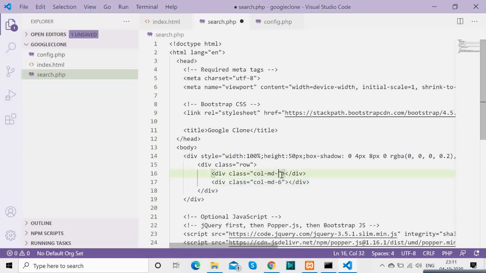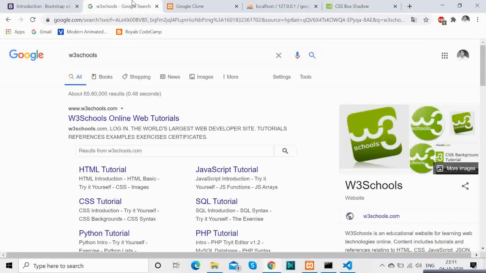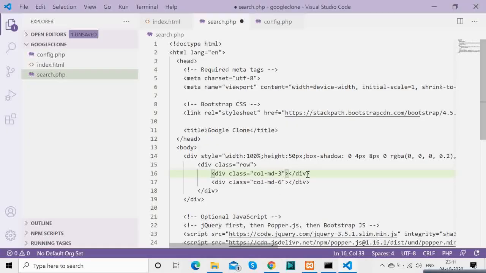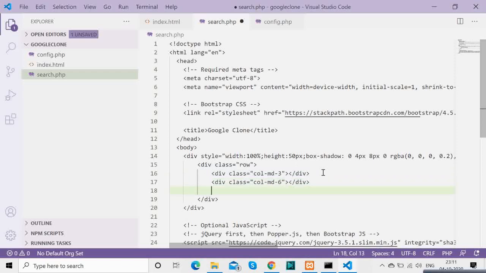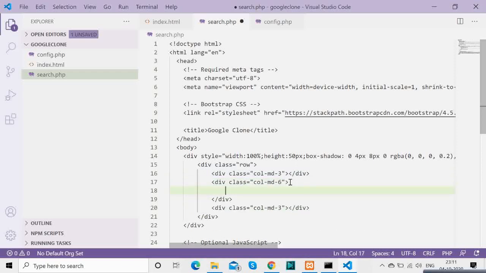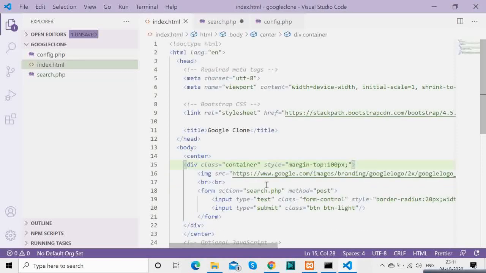You will see me copying that once again. 6 plus 3 plus 3 is 12, so that's why we have that. I have copied the form because the form will be exactly the same, but to make it look similar, we have to make some more adjustments.